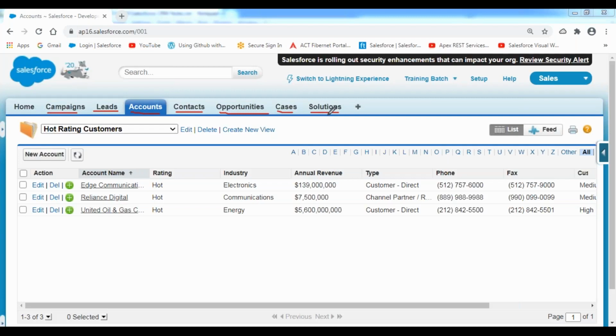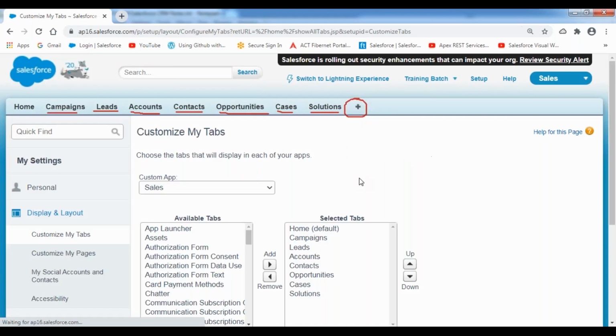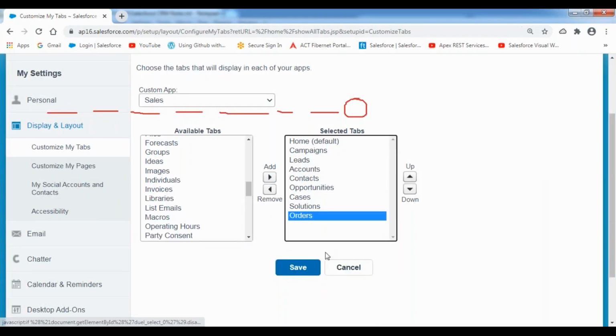Now, I want to go to the order object and create an order record, but the order tab is not available on the tab bar. Generally, what we can do as part of the manual process is click on the plus symbol, click on the customize my tabs button, add the orders tab to your tab bar, and click on save. Then we can go to the orders tab. But this is a lengthy process.